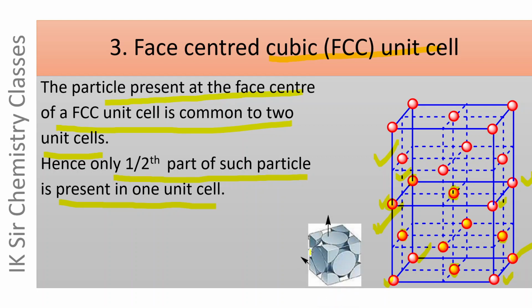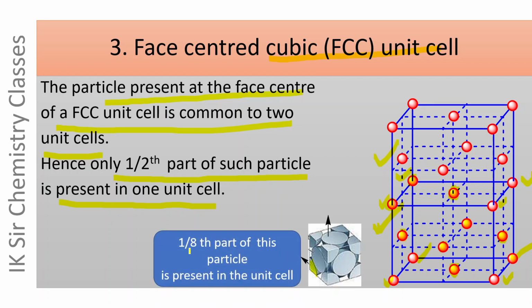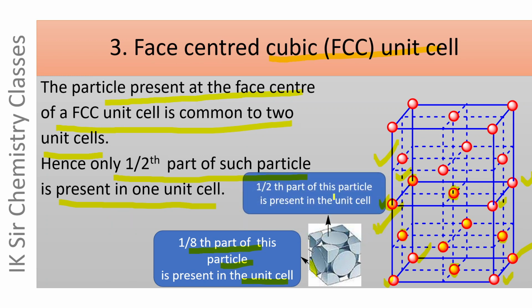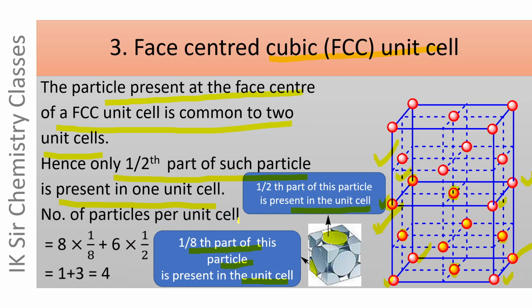This is another representation for FCC unit cell. This particle which is present at the vertex of FCC unit cell, its 1 by 8th part is present in this unit cell, but 1 by 2 part of this particle at the center of face is present in the unit cell, and accordingly the number of particles per unit cell can be calculated as follows: